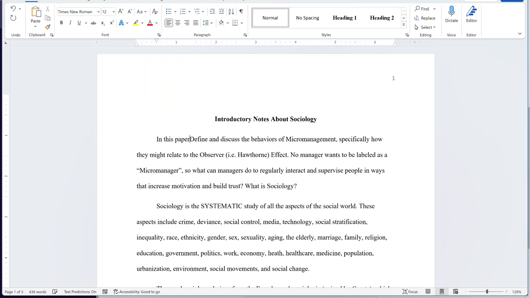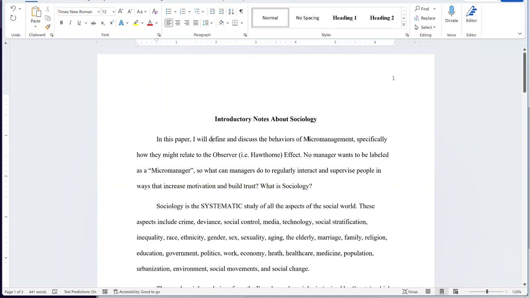In this paper, I will define and discuss the behaviors of micromanagement, which should not be capitalized, and specifically how they might relate to the observer effect. Well, we don't need all that. Let's just say how they relate to the